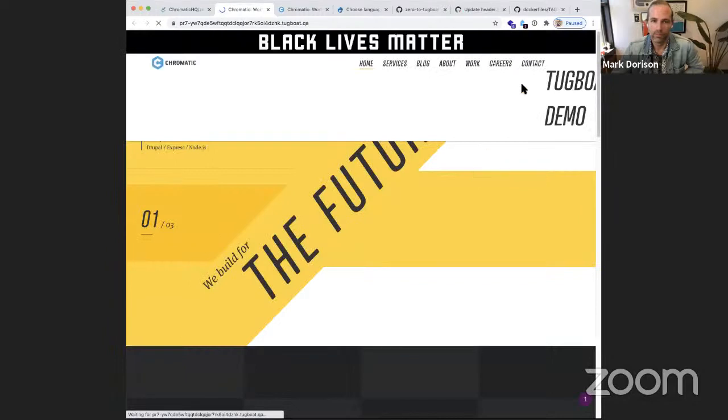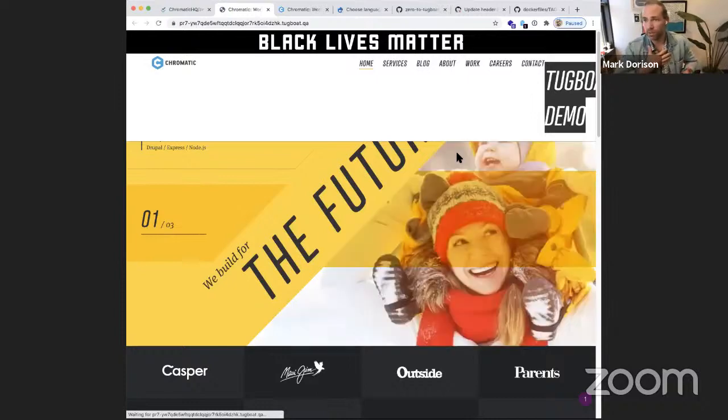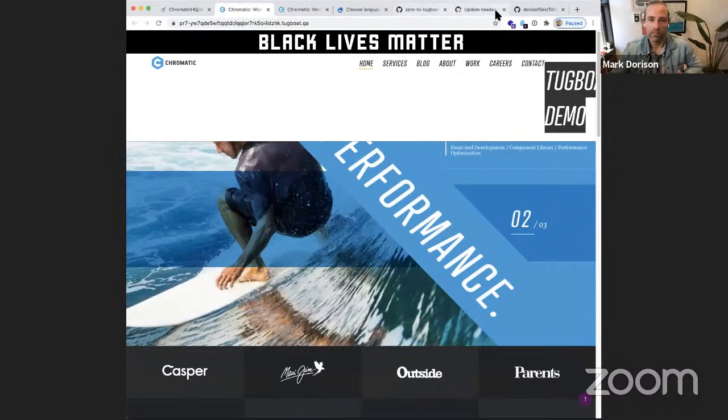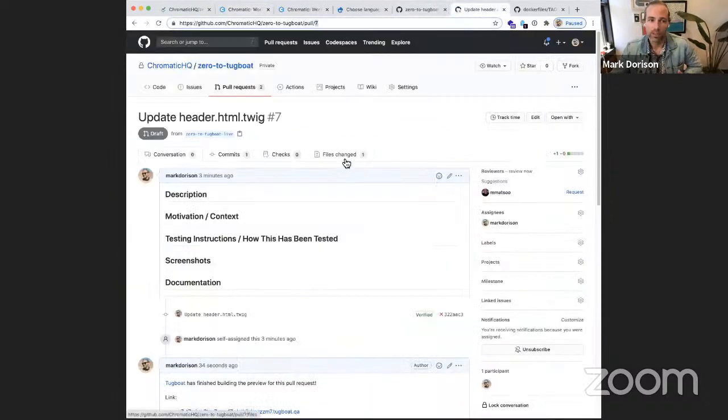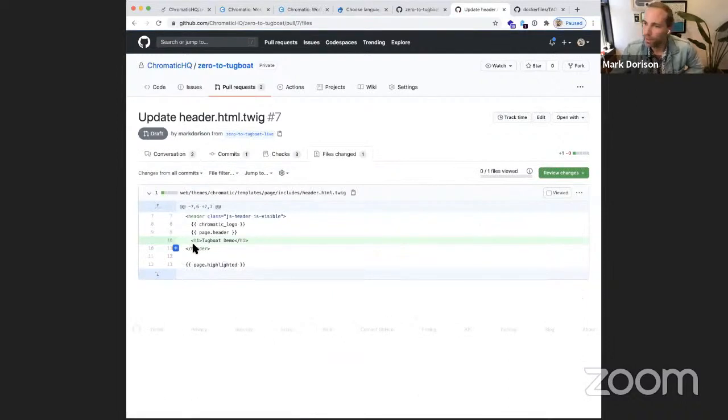So if we click the preview button and get to see the site live in the browser, we can see here's our lovely H1, and it's doing exactly what we want it to do. If I created this pull request and I asked Chris to approve it, he might go into the diff in GitHub and say, okay, we're adding an H1, that seems reasonable. I don't have a lot of other context, but